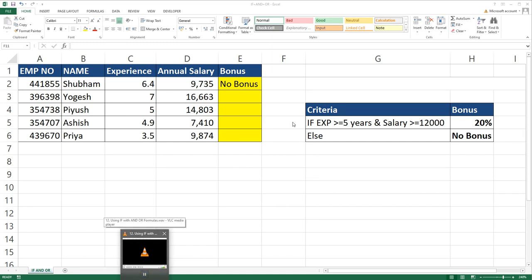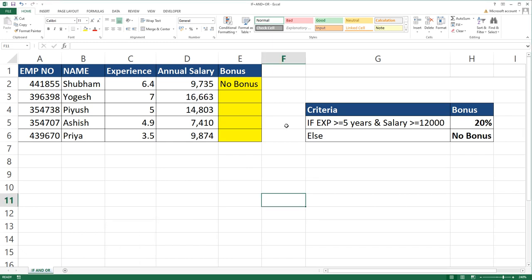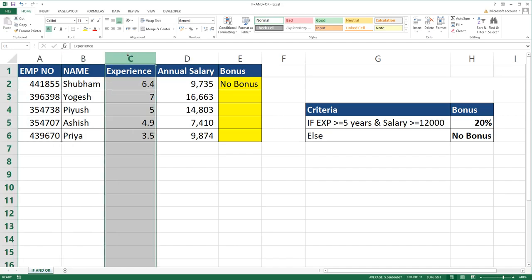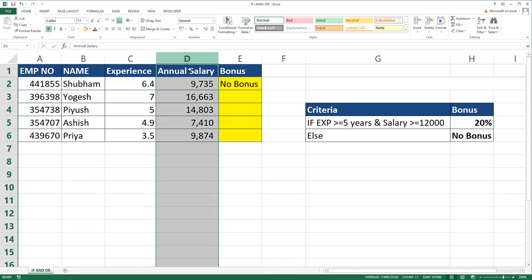Hi, this is Shubham. In this video, we will learn another function that is called AND, and we will also try the OR function, and we will put it next with the IF. So let us start. We have a data set like employee number, names, their experience, their annual salary, and we